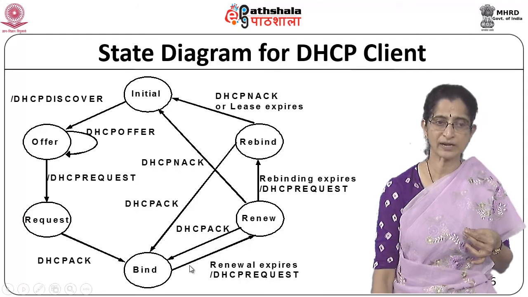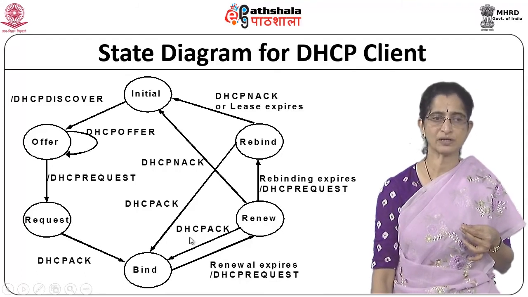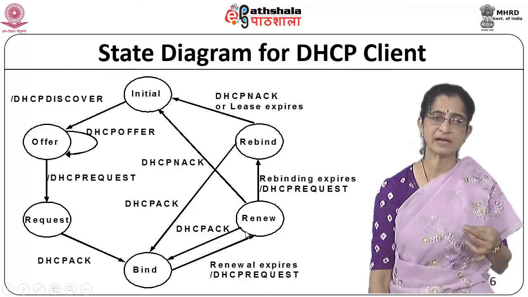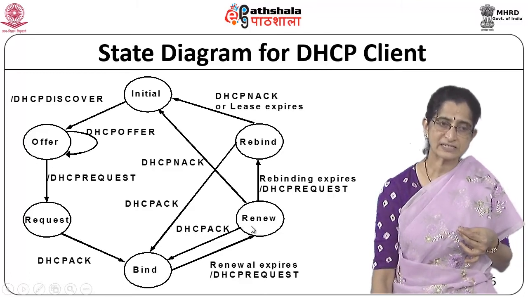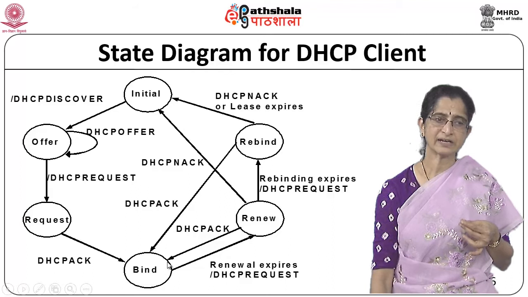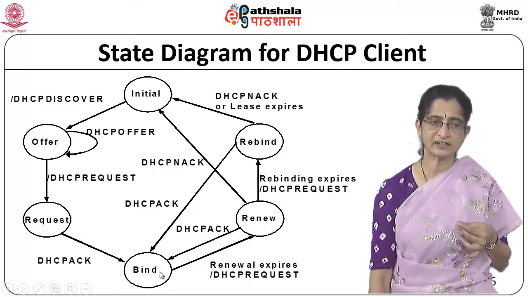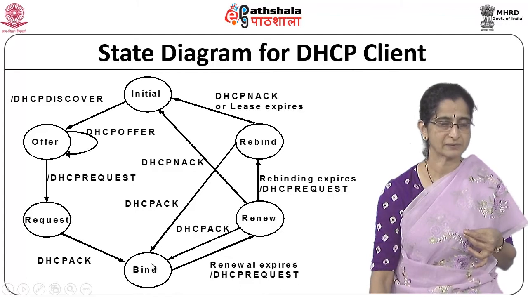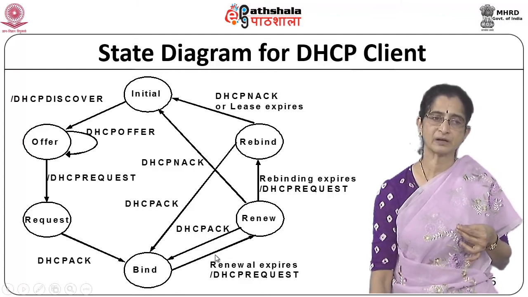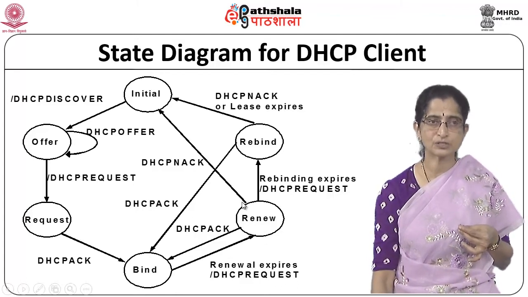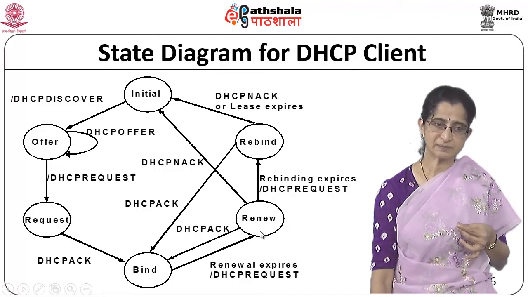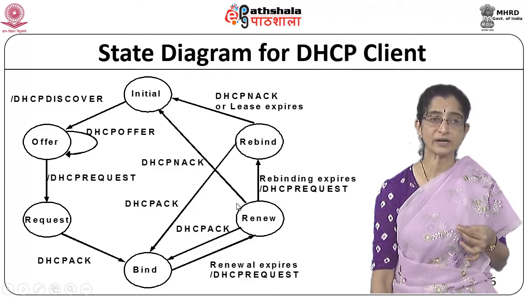It can send out a renewal request asking for the same IP address, and it may get back a DHCP ACK. When it gets the DHCP ACK, it knows it continues to be bound to that same IP address, so it can continue to use that IP address. Now when it sends out a request, it goes into a state called the renew state. In this state, either it gets back a DHCP ACK,